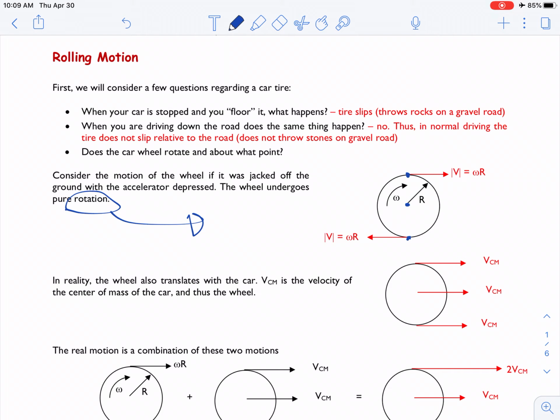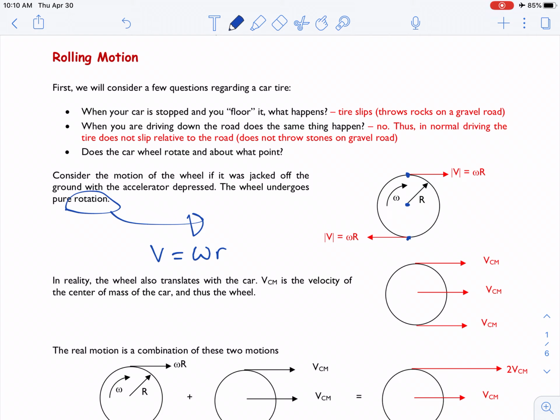What is the tangential velocity related to the angular velocity? As you already know, the relation between the tangential velocity and the angular velocity is simply v equals omega r, and r is from the rotation axis to the point of measurement for the tangential velocity. So here, if you look at the top,